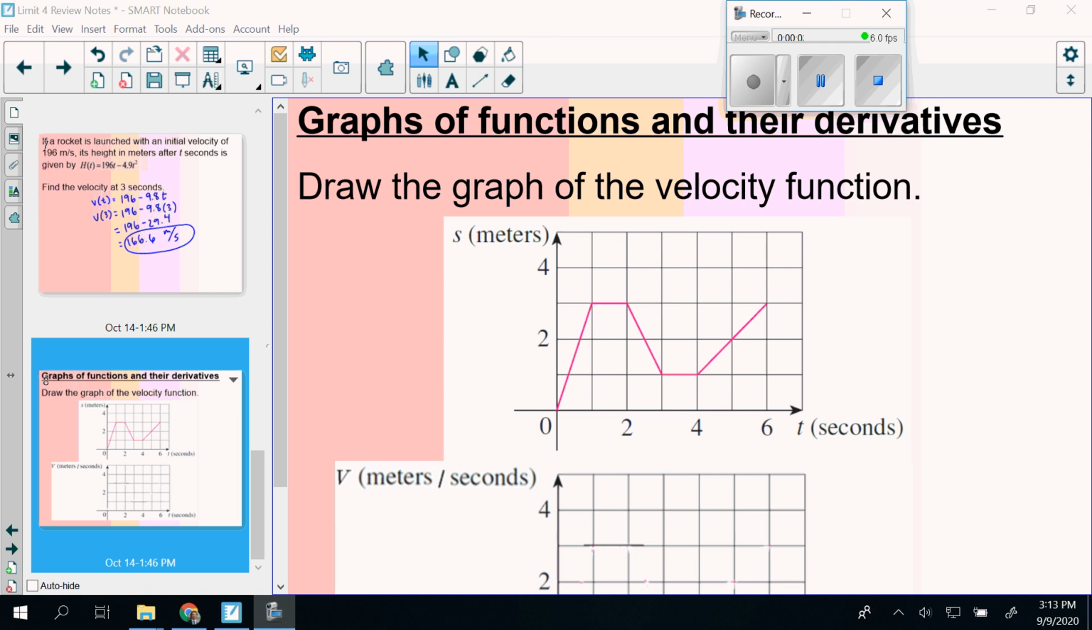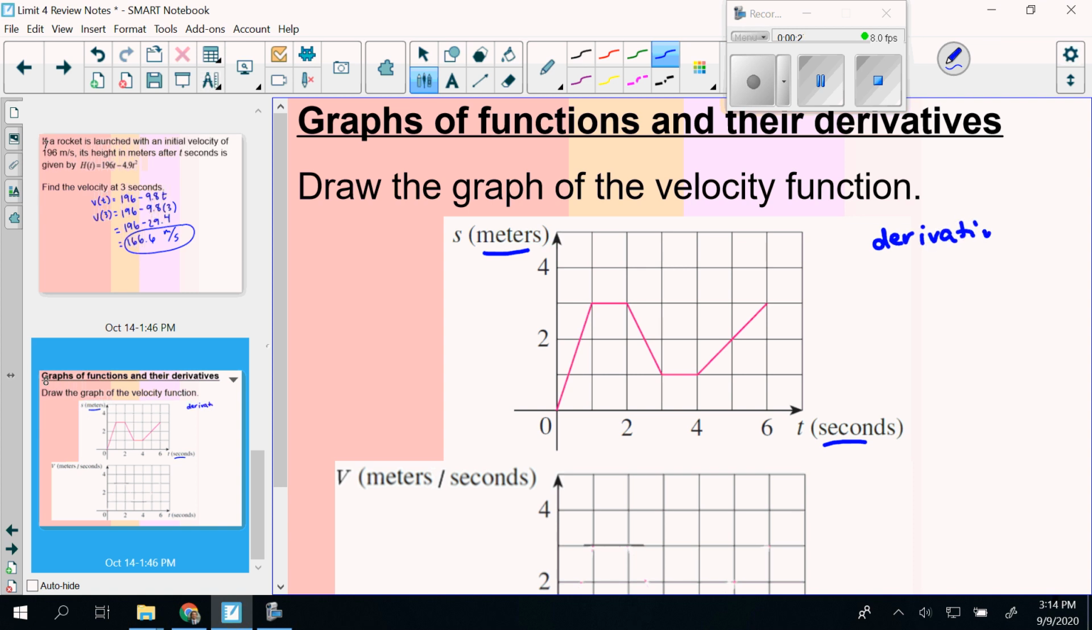All right, last thing we're going to look at with derivatives is graphing them. In this problem, they want us to graph the velocity function of this graph that shows a position, because here we have meters and seconds, so they're showing the location at each time. Well, if you want to